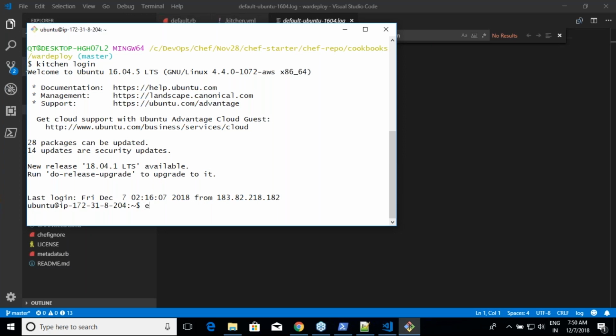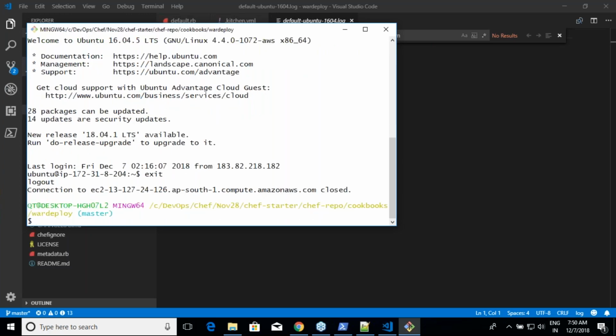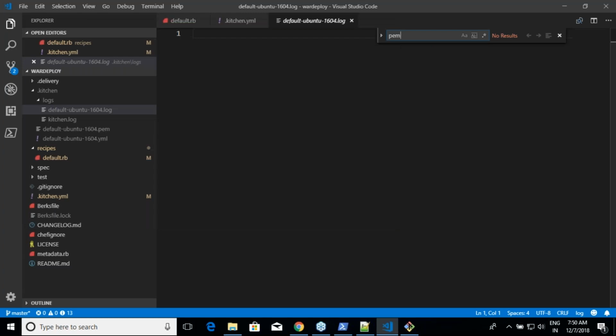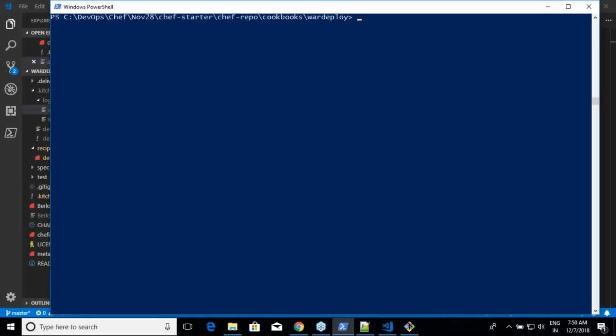Okay, so just cross check whether it works in PowerShell in the case of AWS. In the case of Hyper-V Vagrant, no, it will not work. Okay, fine. Now I've done the changes, right? So I'll execute the same command again, kitchen converge debug. So this time apt update is done, and after that I have done something and I want to check whether it is working or not.